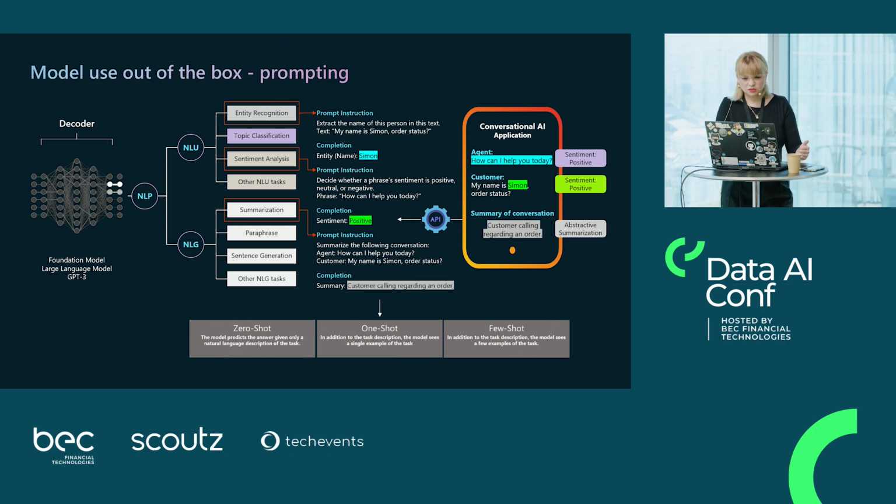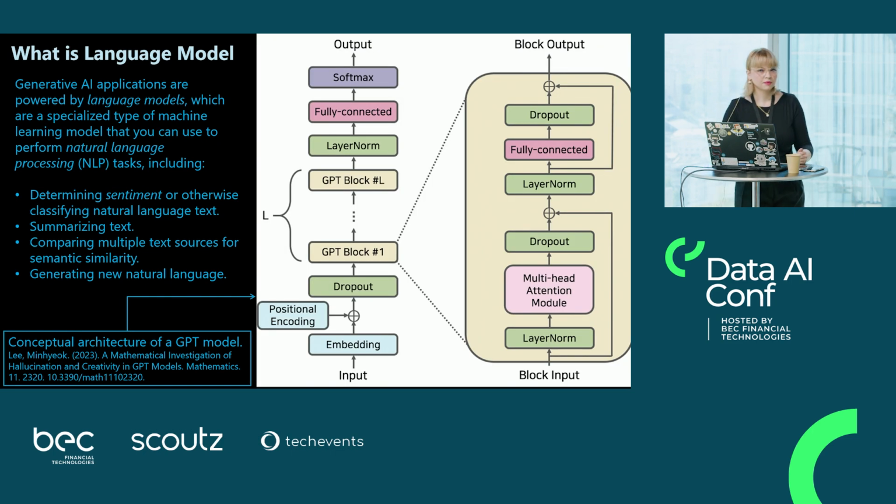And when we are talking about generative AI, which is basically about generating text, in that context we are thinking about language models. And maybe you heard about so-called LLMs, large language models, or SLMs, small language models. So before we go to large and small, let's understand what a language model is.